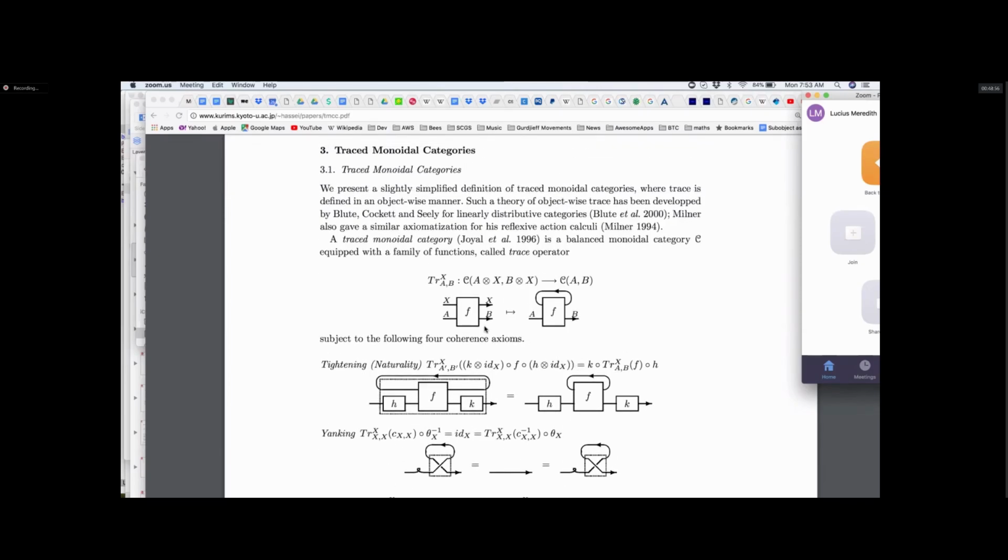So effectively, if you've got morphisms that look like this, they've got an input and an output of A, but then they also have this extra wire, which is an input of X and an output of X. Then the trace basically provides a loop back.